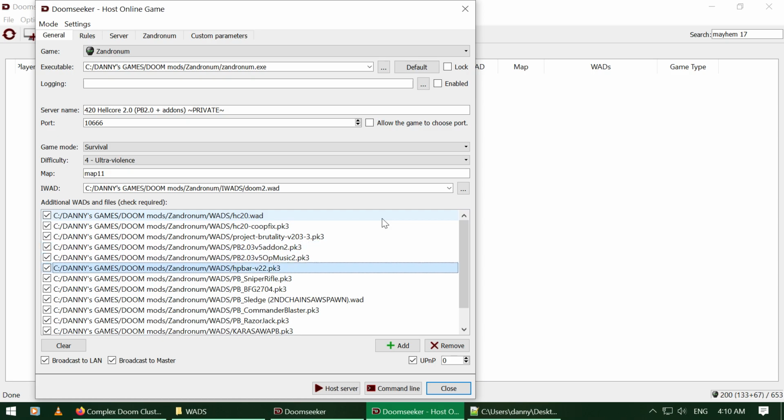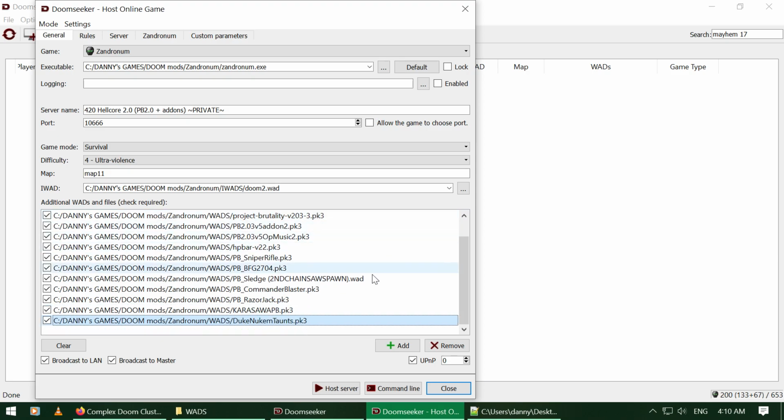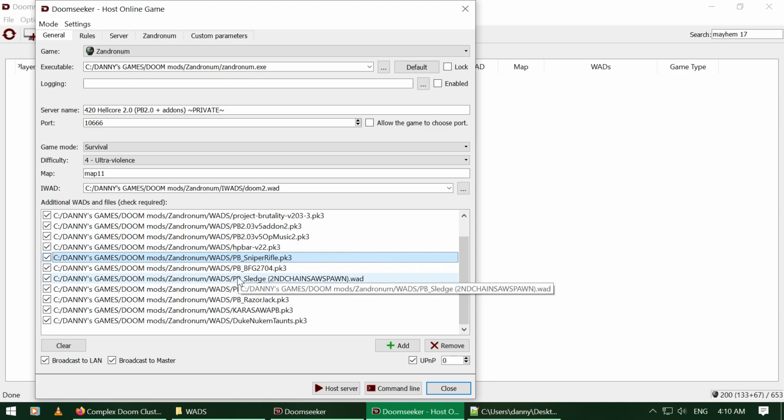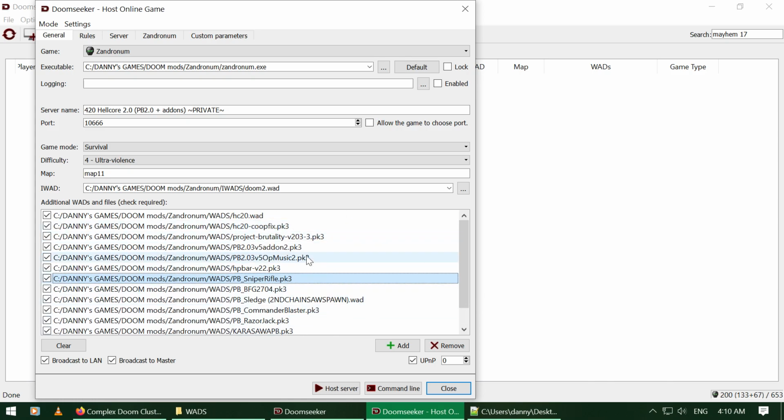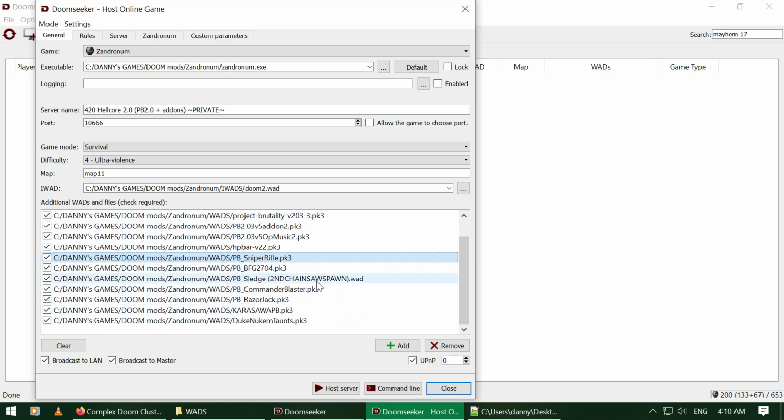And the add-ons for Project Brutality itself, and then my own add-ons again. It's practically the same as Brutal Doom, then just different files. The add-ons, by the way, the order of it does not matter. You can throw it in however you want, as long as it's after all the main files, like Brutal Doom and the map pack. That's very important. The rest you don't have to pay attention to. Throw in whatever you like, test it, and that's about it.